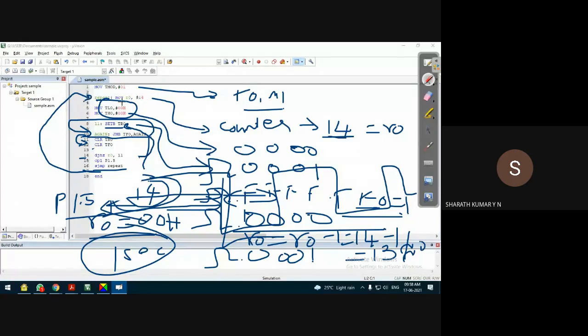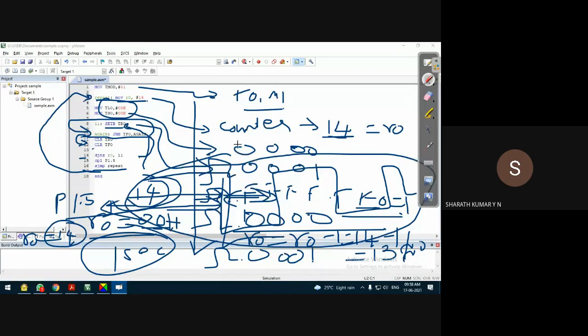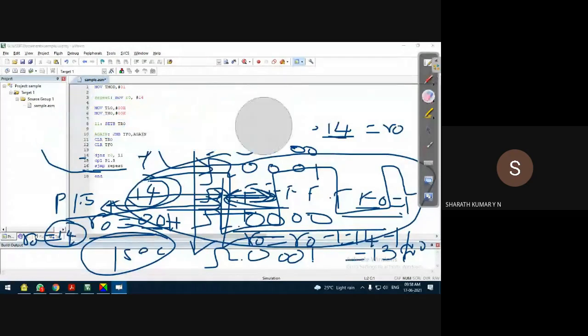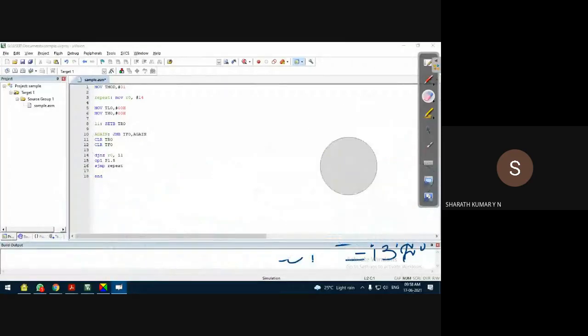That is move R0, 14, because once R0 becomes 00, we have to load R0 with 14 again, so that the program is run 14 times again to generate another off period. Like this, we can continuously generate the square pulse, whose off period is approximately 1 second delay. Okay, fine. This program I'll execute in the next class. I'll show you. If you have noted down the program, you can give a try, guys. You can give it a try and check how much delay you are generating using the